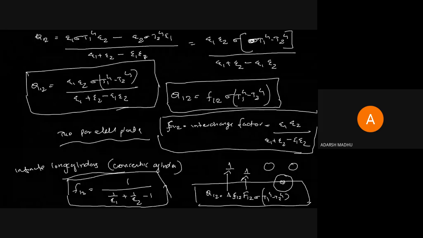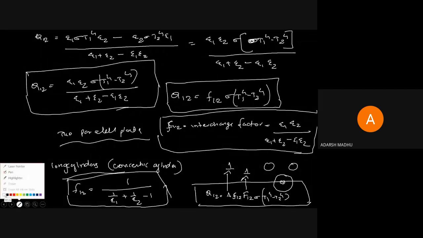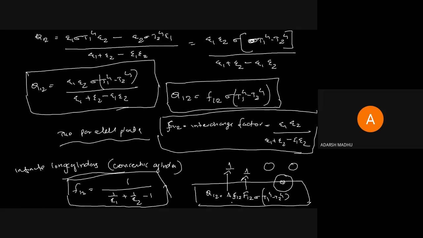F12 sigma T1 raised to 4 minus T2 raised to 4, right? So the connection problem ഞാൻ ഇന്ന് കോഡ് ചെയ്യാം കേട്ടോ ഫോണിൽ. അപ്പോൾ in this condition we have written that the question is asking like that, ശരിക്കും ഇക്വേഷൻ ഇങ്ങനെയാണുള്ളത്, Q12 equal to small f12, capital F12 into area into sigma T1 raised to 4 minus T2 raised to 4. That is the correct equation, but here we are taking that